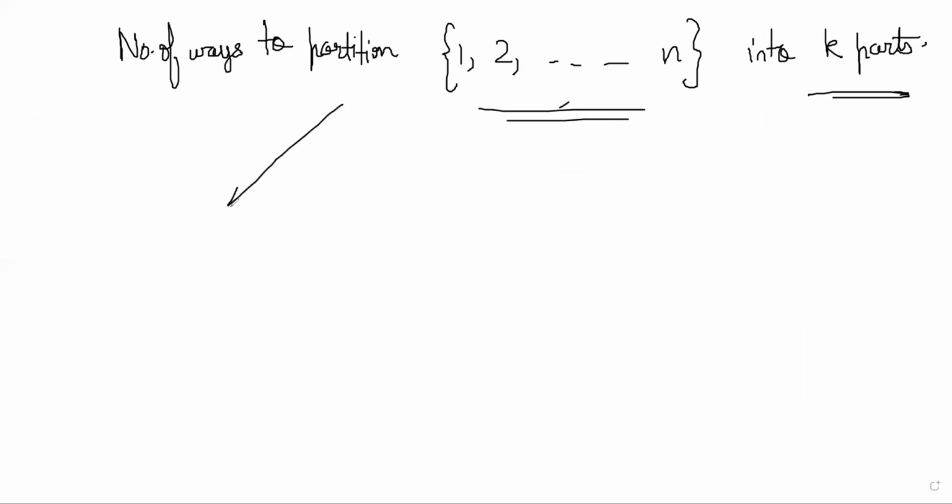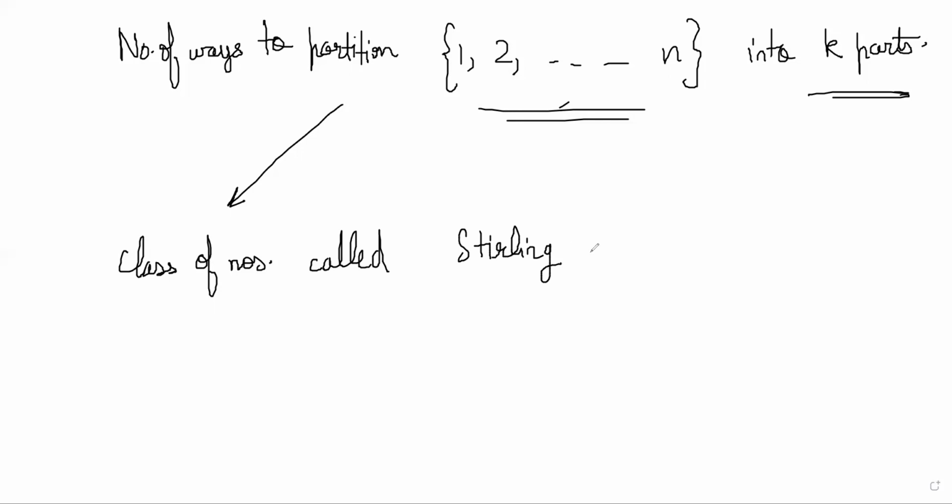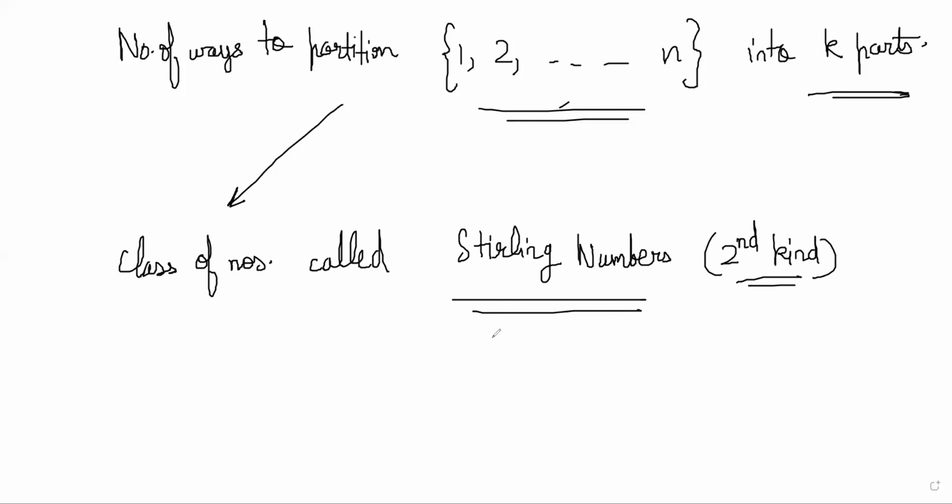We will realize that this leads to a class of numbers called Stirling numbers. And we'll do a lot of interesting theorems on the Stirling numbers. These are Stirling numbers of the second kind. There are many types of Stirling numbers. These are Stirling numbers of the second kind, and we'll see how Stirling numbers give us a way to count set partitions. So I hope you understood the concept of what a partition is and how we are counting them.